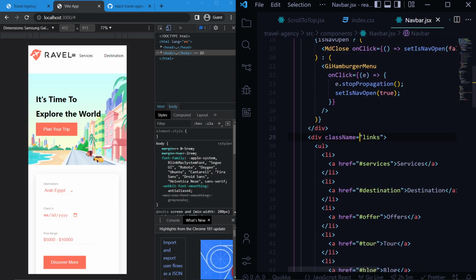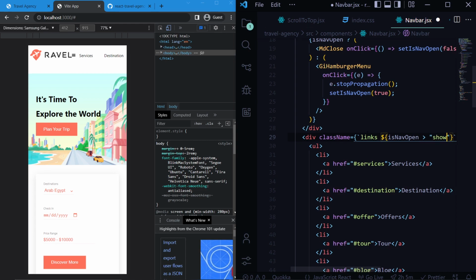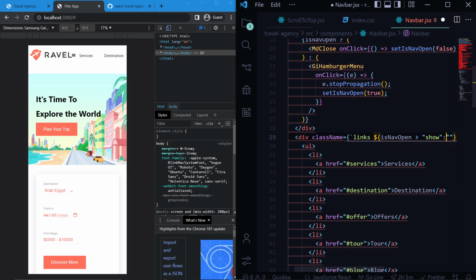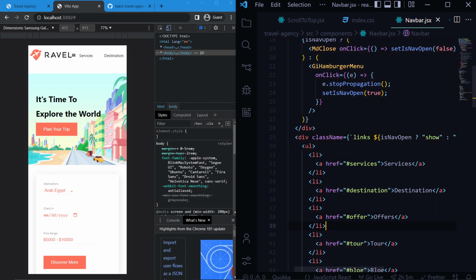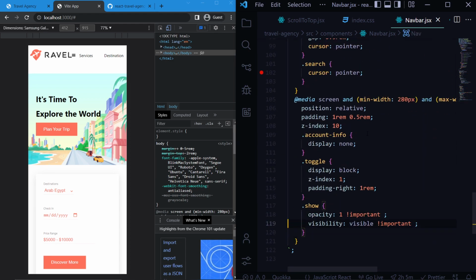We'll convert this to curly braces, this would be a template string, and if isNavOpen we'll have the show class, or else we won't be having the show class. That's it. Now at the end, after the show we'll have links, position absolute,